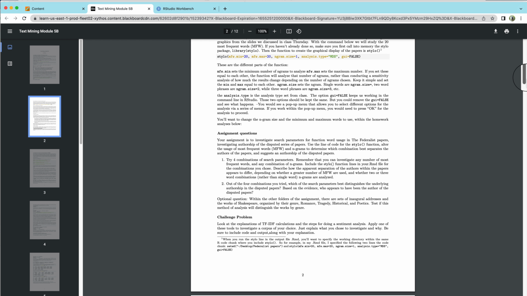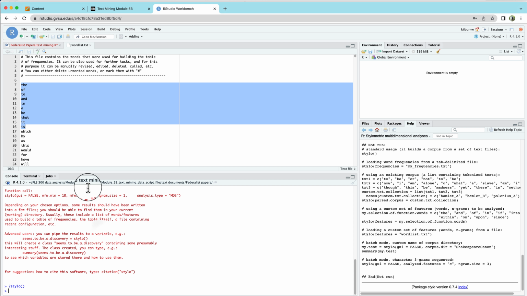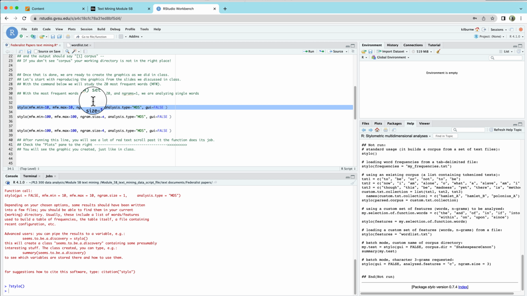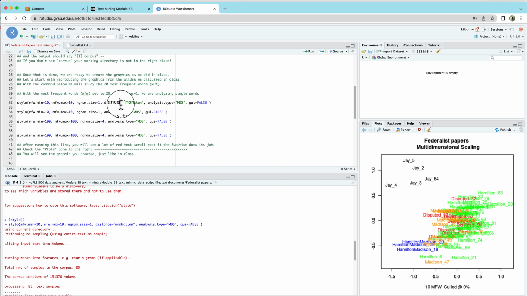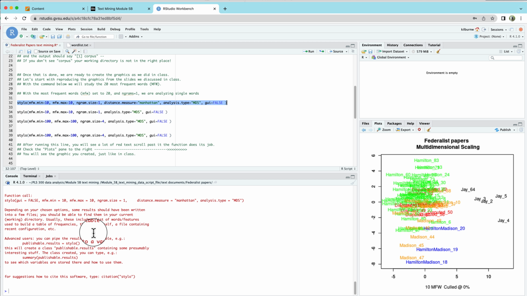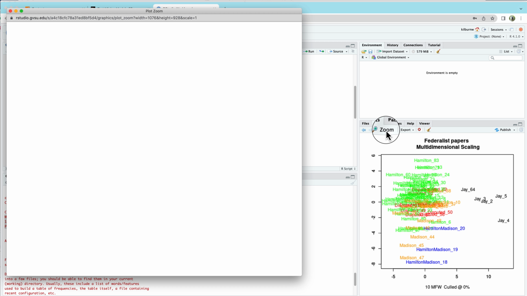This is that analysis file here. So I'm not sure, maybe I didn't include it within the notes. But if we look at... okay, it is distance.measure equals Manhattan. This should give us the Manhattan distances. Yep, it did. So you can see that it doesn't guarantee that the orientation of the